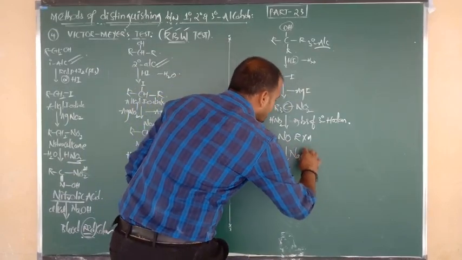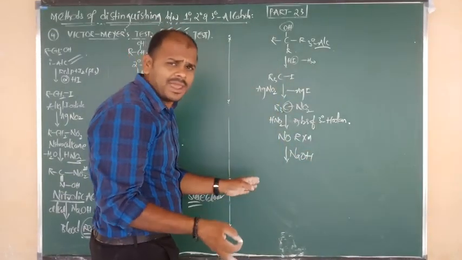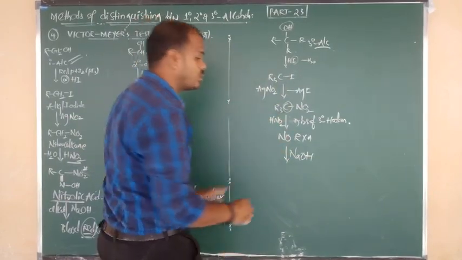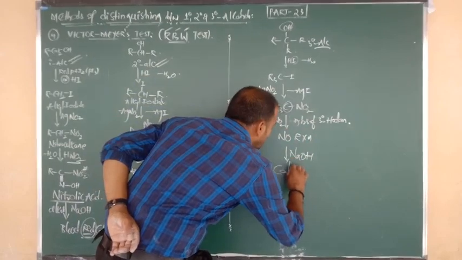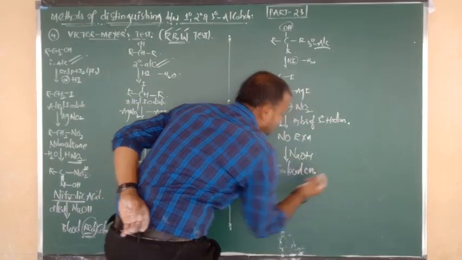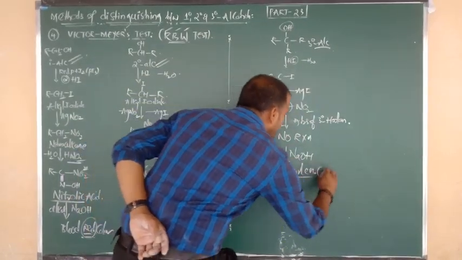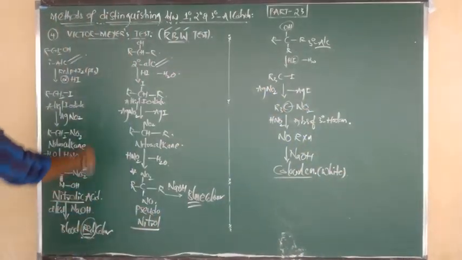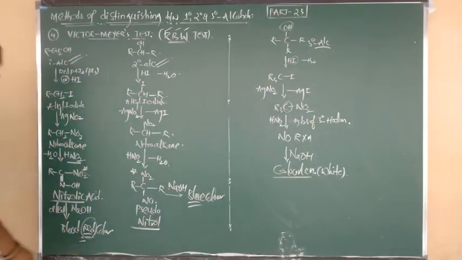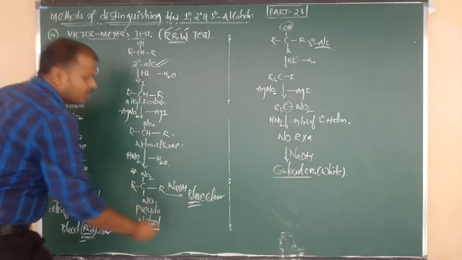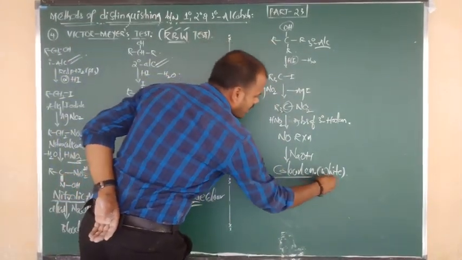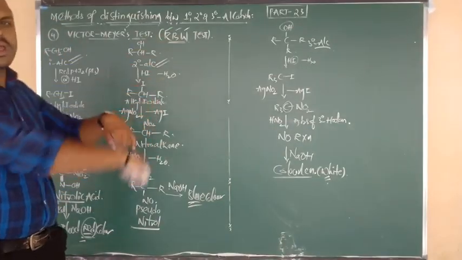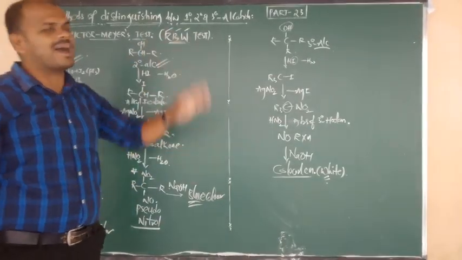Again, maybe after addition of alkali, there is no reaction there. Upon addition of alkali also you won't get any color. So we have to say that the reaction is nothing but a colorless reaction. The meaning of colorless is nothing but white. That's why I have told you: from primary alcohol red indication, from secondary alcohol blue indication, from tertiary alcohol white indication. Red, blue, white. This is your Victor Meyer test, or we can say RBW test.